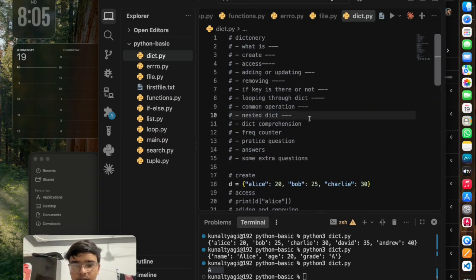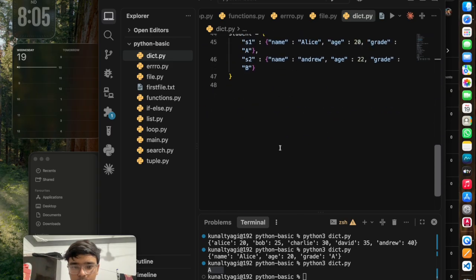Now the last thing we are left with is dictionary comprehension. So what does it mean and what can I do? Remember, in our list we saw that we don't need to do calculations outside the list. We can also do some calculation inside the list. Like for example, if you want the square of all the numbers between 1 to 10 inside a list, you don't need to calculate those squares first, then append them. You can directly do that inside a dictionary, sorry, a list.